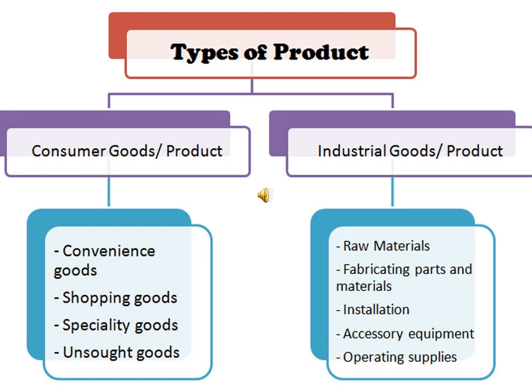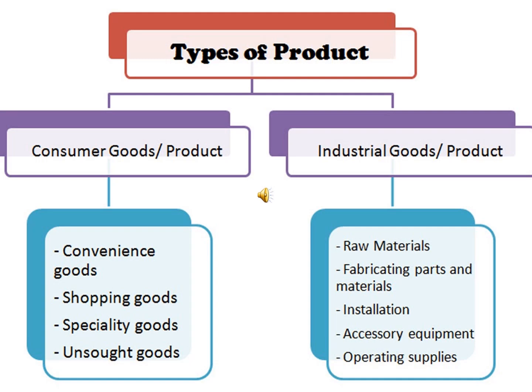Next come the shopping goods. Shopping goods are products that consumers purchase less frequently, often comparing alternatives on factors like price, quality, and style. For example, clothing, electronics, furniture. Before buying clothing or electronics or furniture, people research, and that is the main component of shopping goods, that they need a little bit of effort before buying.